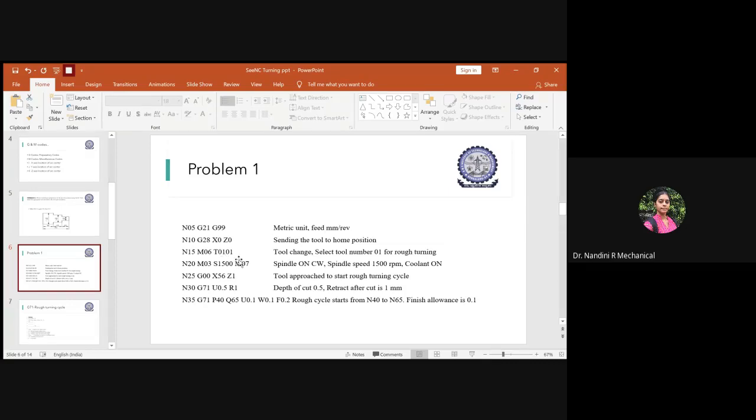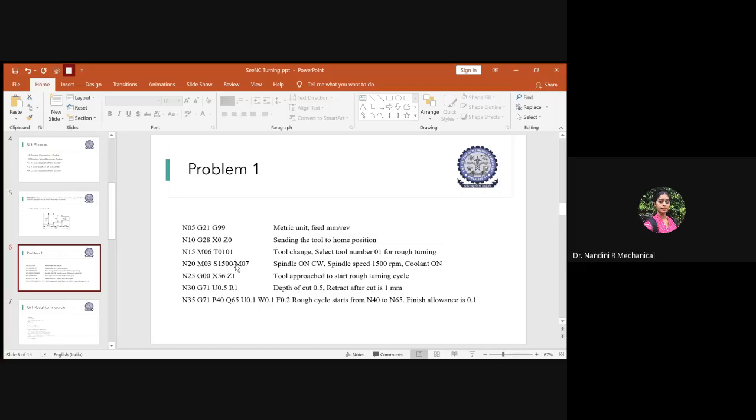of 1. All those tools will be there in the library of the software. You will just go to the toolbox and click T01, and the select offset option will be there. You will select 01. That shows that you are selecting the tool to do the rough turning first, not the finishing turning.